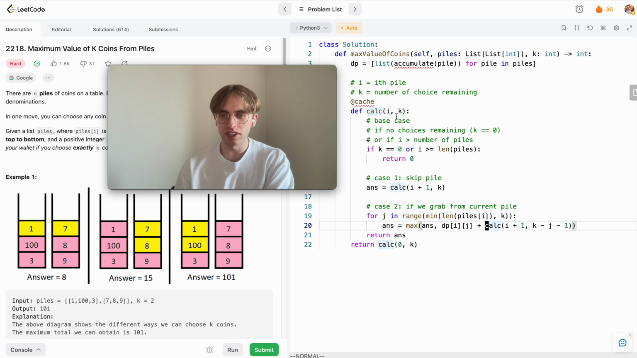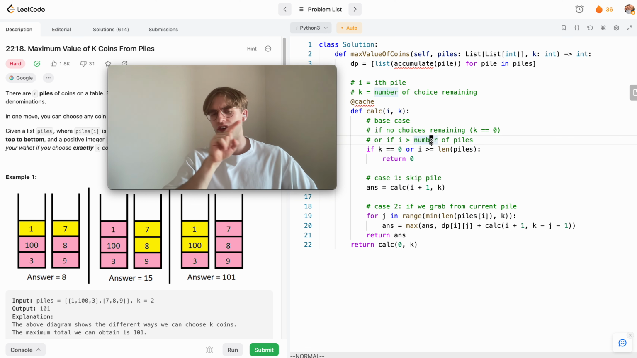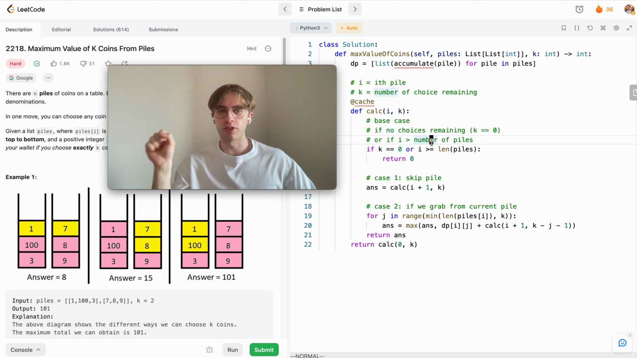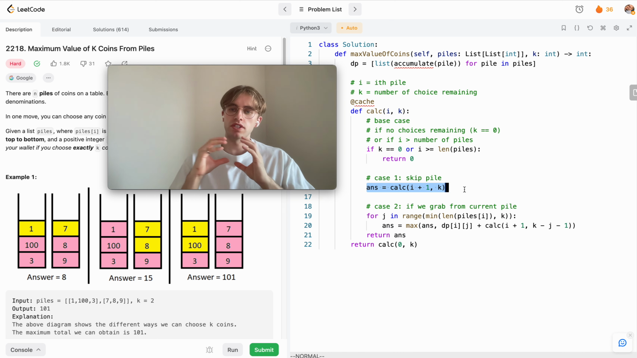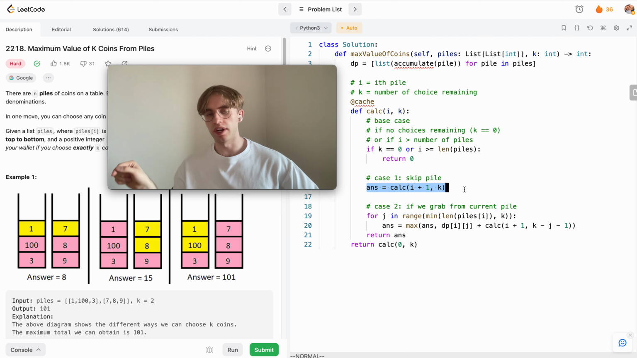Basically there's 3 different cases. The base case is that, okay, say you have no more choices, so k is equal to 0, then let's just return 0 because you can't go any further, and you propagate up that recursive tree. If i is greater than or equal to the length of the piles, that means you're trying to pick from a third pile, but there isn't a third pile, so just stop there and don't add anything. Then you can say, okay, we can either skip this pile and just immediately go to the next one, don't even use any of these coins here,